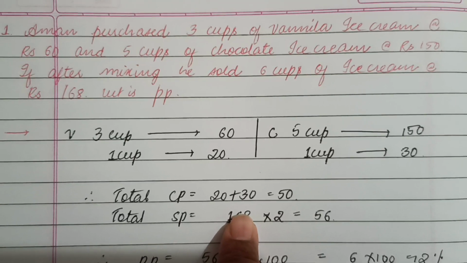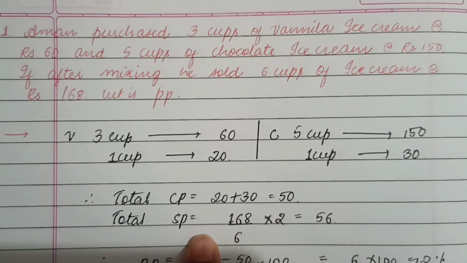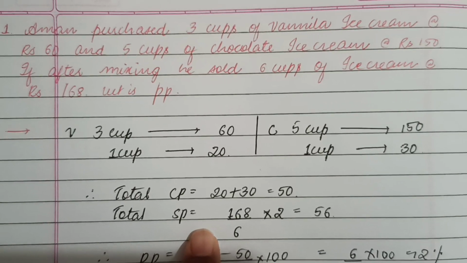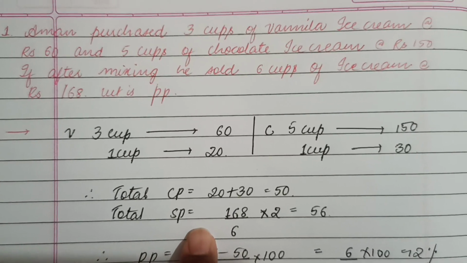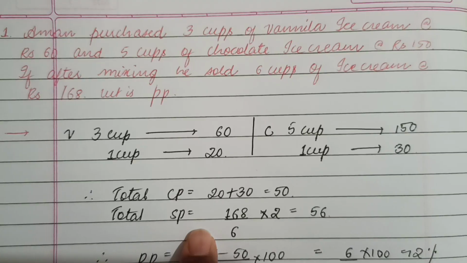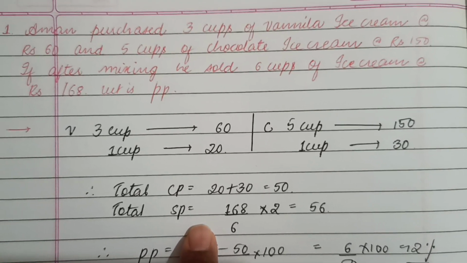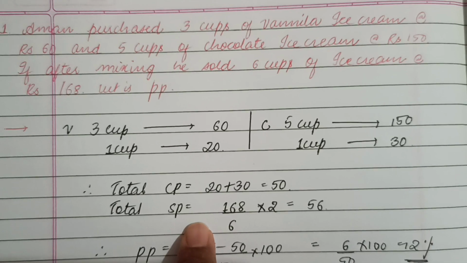So let's get started. Someone purchased 3 cups of vanilla ice cream at rupees 60 and 5 cups of chocolate ice cream at rupees 150. So if after mixing he sold 6 cups of ice cream at rupees 168, what is the profit percentage? So here,